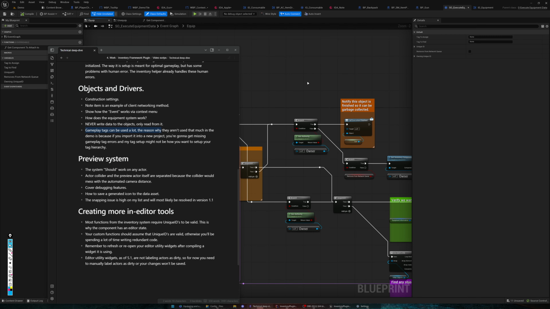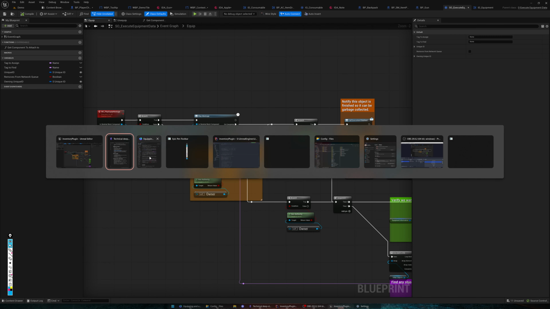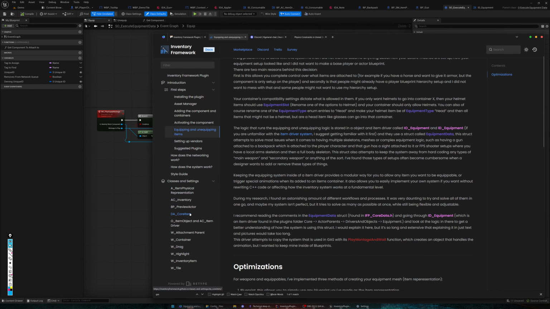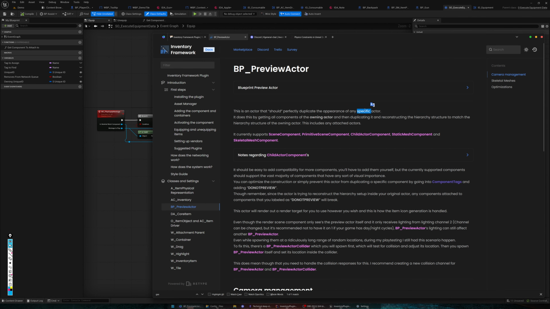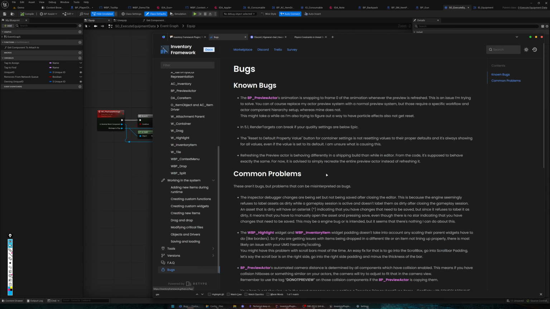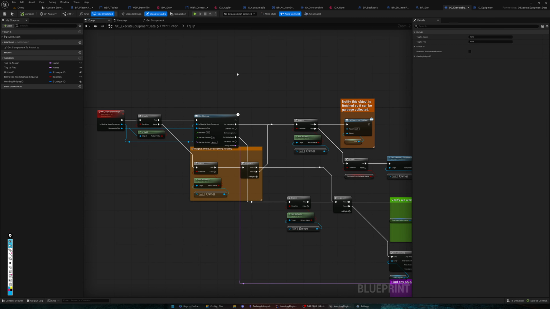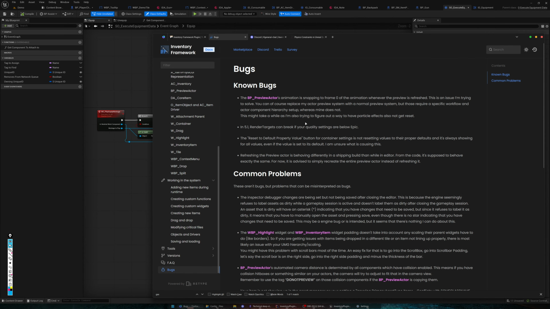The preview system. So the preview system, quote unquote, should work on any actor that you specify. As of the release of the plugin, there is a bug where refreshing the preview actor is behaving differently in a shipping build than while in editor. From the code, it's supposed to behave exactly the same, but for whatever reason, it's not. I'm gonna have to investigate why that is. But